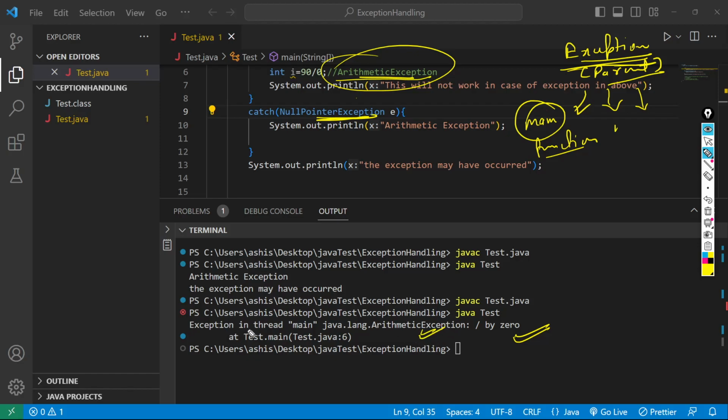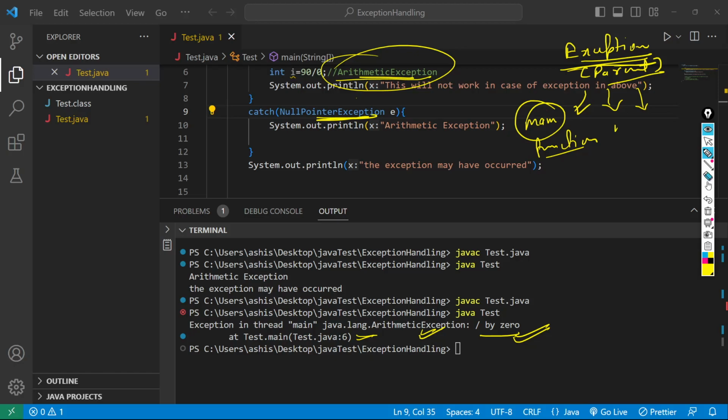And how does the JVM handle the exception? It prints a message. It prints the name of the thread in which the exception has come, the name of the exception that has occurred, and the message, divide by zero. Afterwards it also prints the stack trace, that is, in which function the exception has arrived and which functions could not handle it. So it will print all of the stack trace as well. If we want to see that,